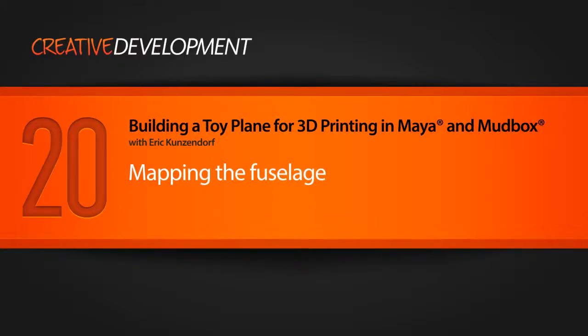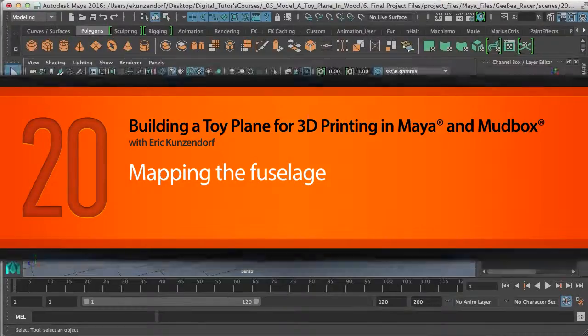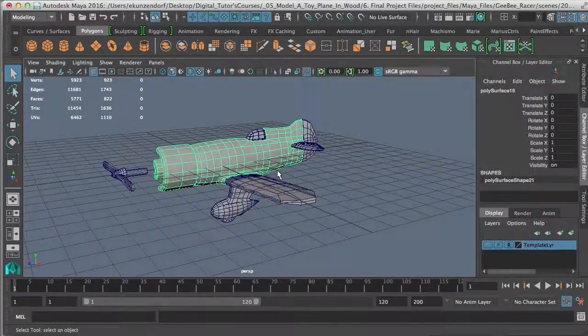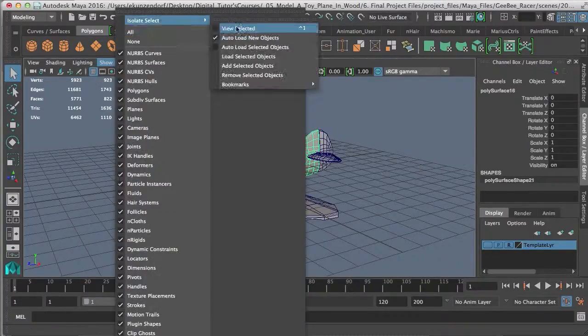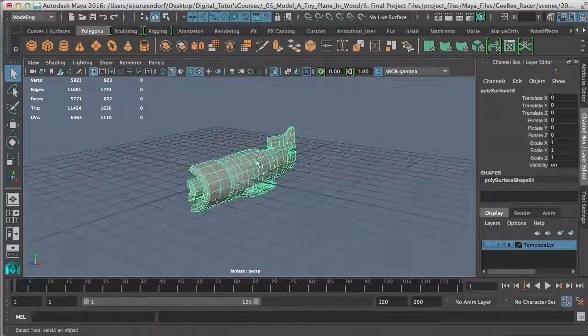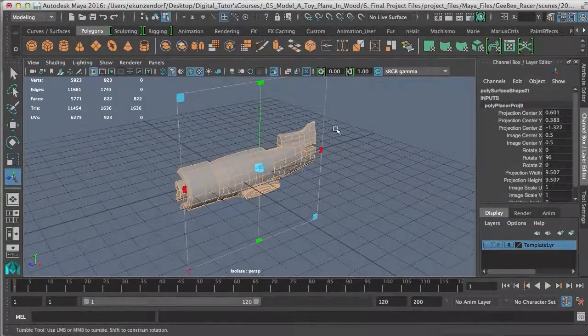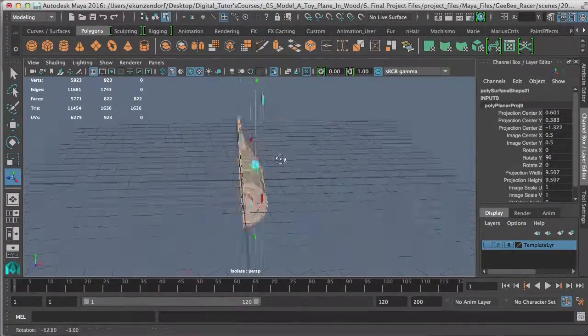In this lesson, we're going to tackle the fuselage. What I've done is darken the background so you can see some of the projection manipulators a little better. First, I'm going to go to Show and isolate my selection. Then I'm going to planar map the side of this. Now that may sound a little strange, but